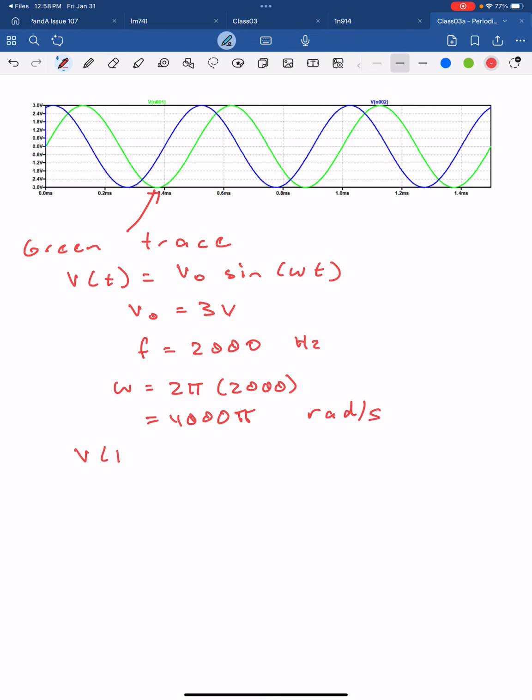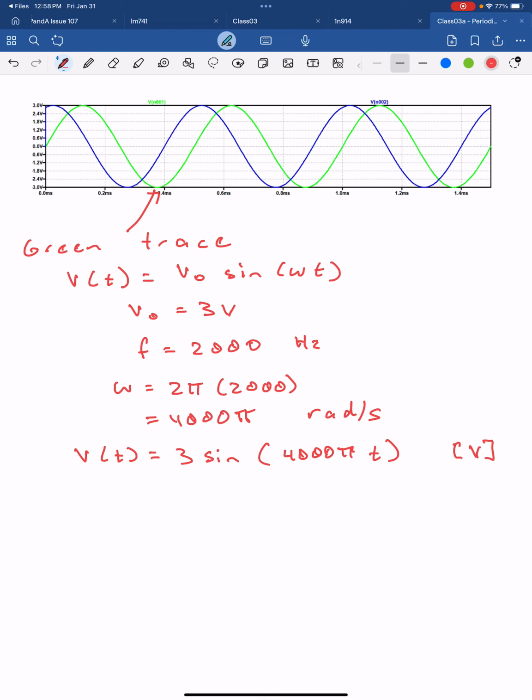So mathematically, we can write V of t equals 3 sine 4,000 pi t. And again, you could write it as 12,000 and some t, and that wave has units volts. So there's our sinusoidal function